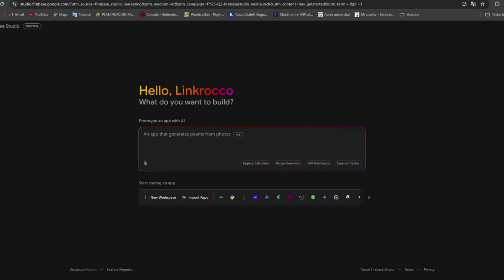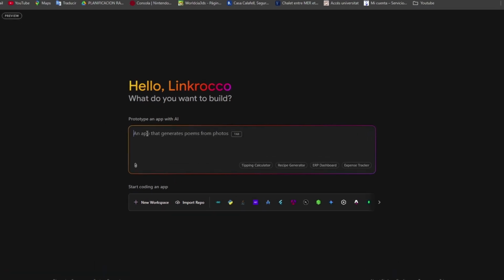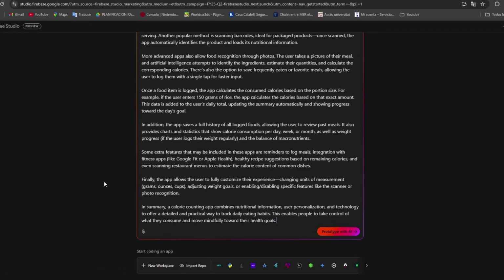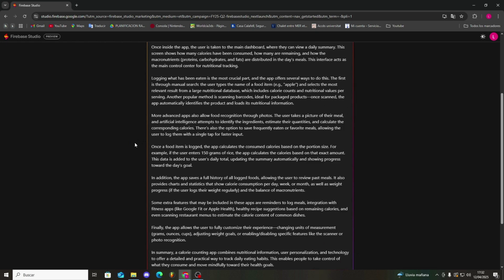How would we create our first app or prototype with Firebase Studio? As you can see, we're inside Firebase Studio, and it's already asking us to describe the app prototype we want to make so it can assist us with its AI. I've given this description of what I want my app to do: count calories and track goals, and we'll click